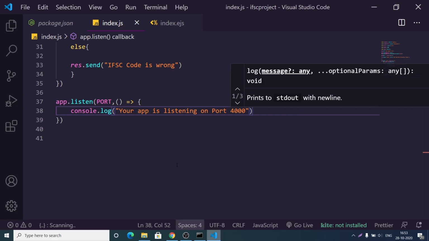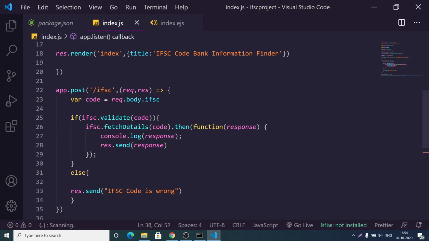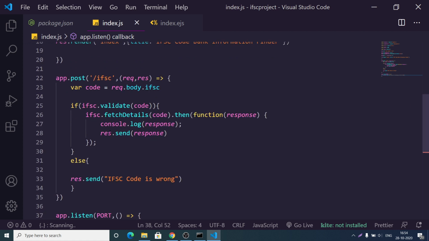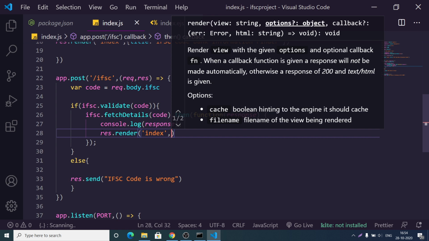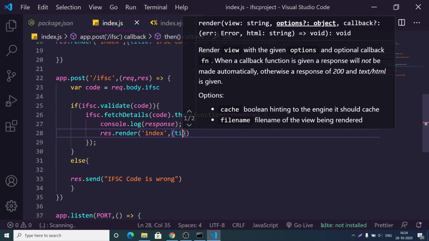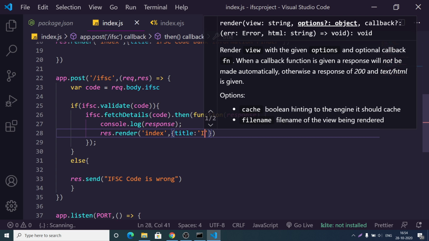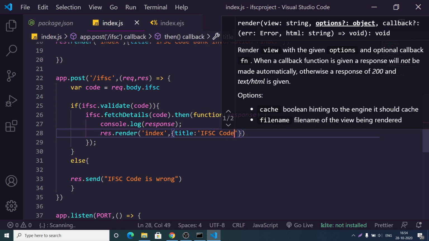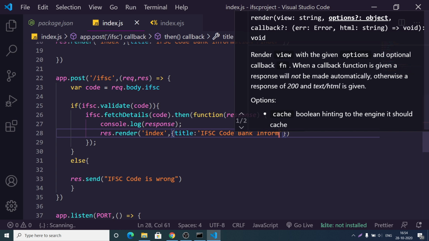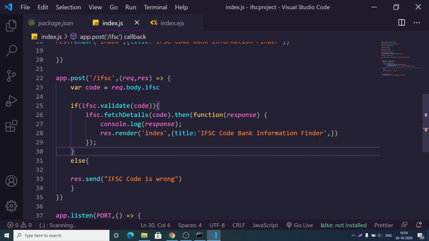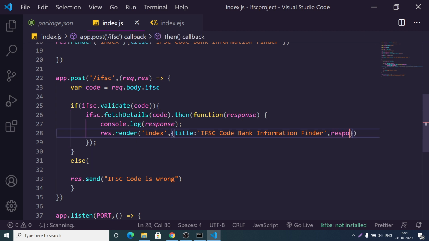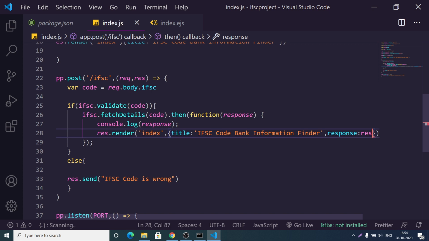Now what we can do is, instead of sending out this response like this, response.send, we can use response.render here like this: index, and then we send out the title, IFSC code bank information finder. This is the title, and the second variable will be the response. So we will create a new variable here, response, equal to response.